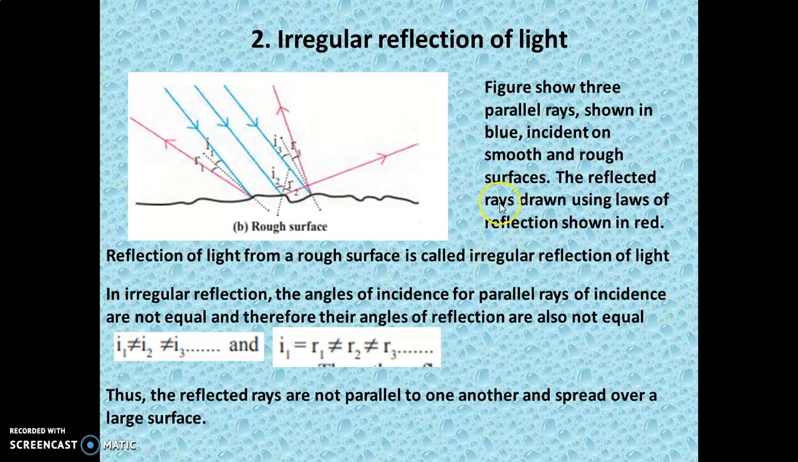Thus we see regular reflection, where the incident rays and reflected rays make equal angles, and irregular reflection of light, which is not